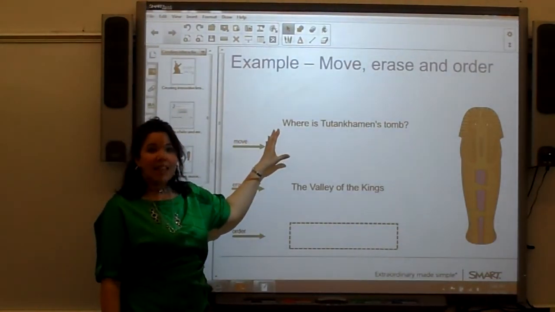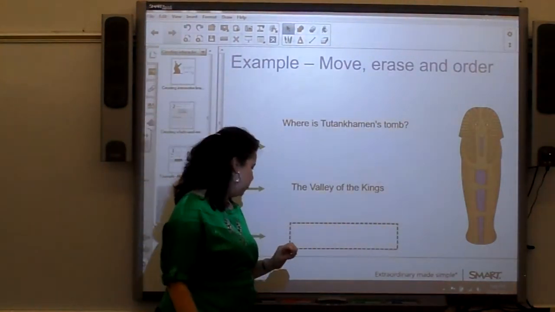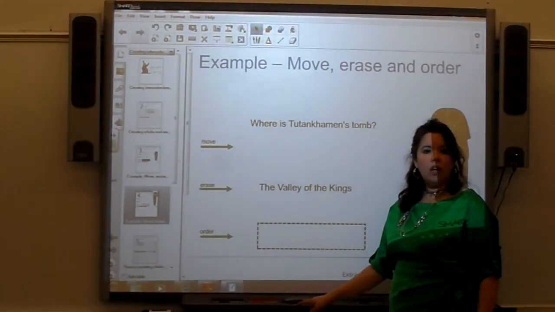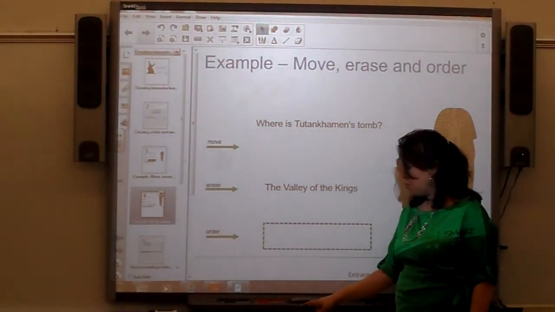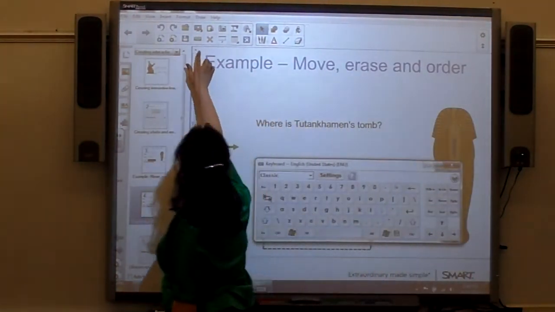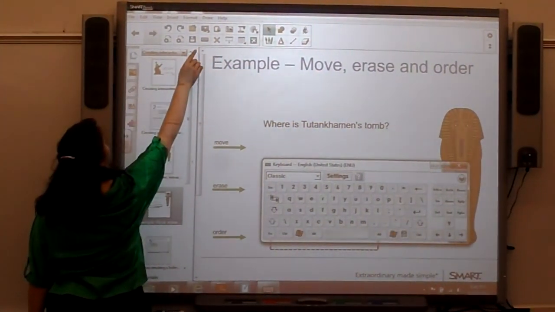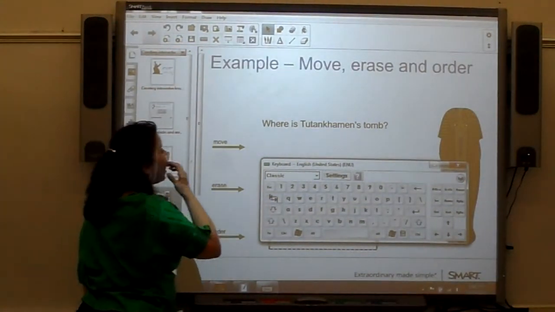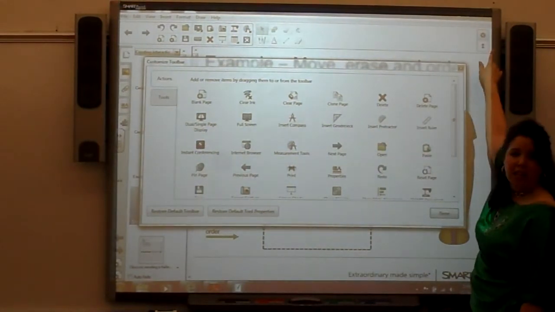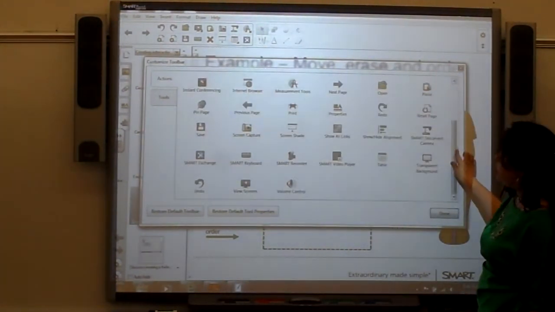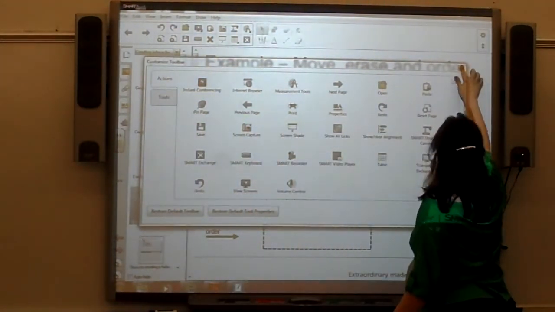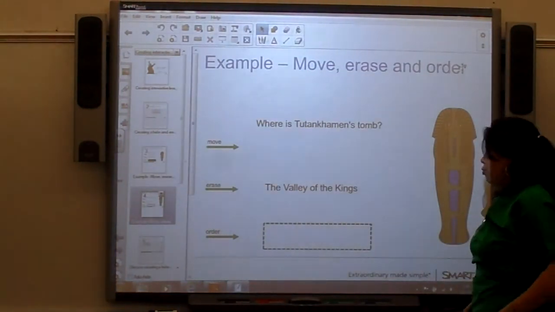So we're going to create this for ourselves. Where is Tutankhamun's tomb? I can either type my text by clicking on the on-screen keyboard through the pen tray, like this, or I could click on the keyboard, which is in the Actions panel, and the reason why it's there is I actually customized my toolbar earlier by selecting the Customize tool up in the upper right-hand corner, choosing the Smart Keyboard and dragging it up, and then selecting Done. So either way, you can access the on-screen keyboard,